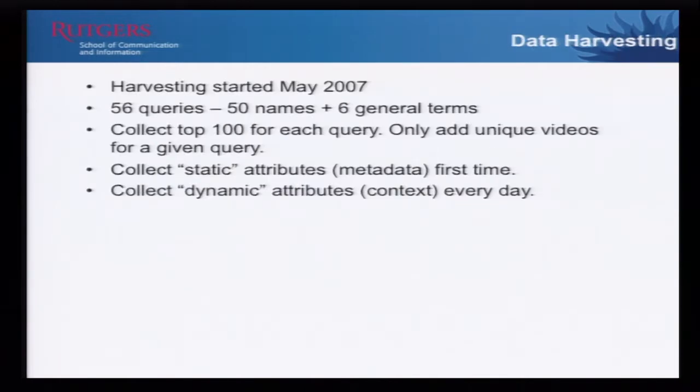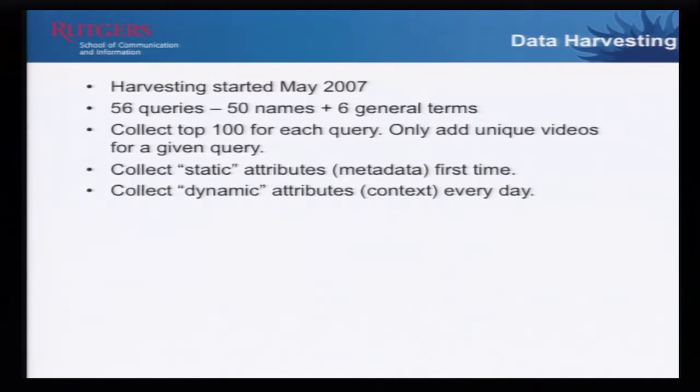So we started harvesting data. We started this in 2006. We took some time to build a few things. We tried a few things, and then officially it started in summer of 2007. The way we did it, we went to Wikipedia, and there was a page about the presidential election 2008, and at that time, this was the summer of 2007. There were a lot of names. Okay, so we just collected names. We found 50 names from both Democratic and Republican side. These were possible names, people who may possibly run, right? So we just got all of those names.